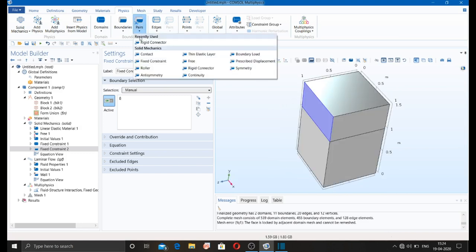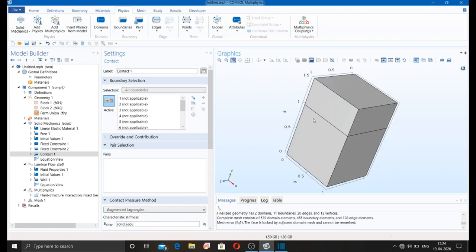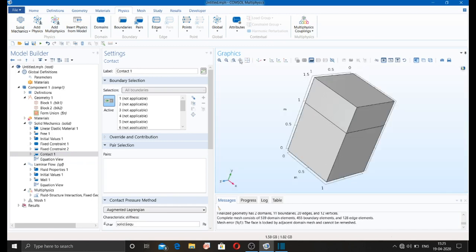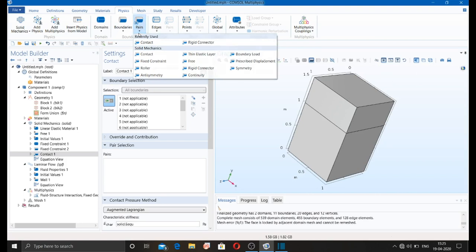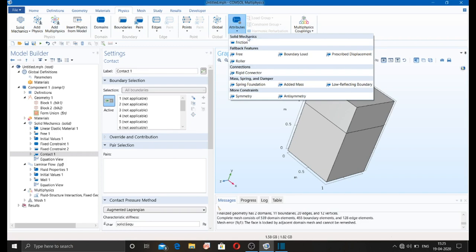I can give boundary conditions such as contact, thin elastic layer, boundary load. So you have to make the pair of these particular contacts for using this contact. By doing so, you can use friction, anything else here. By attributes you will get the friction, boundary load, prescribed displacement, roller.